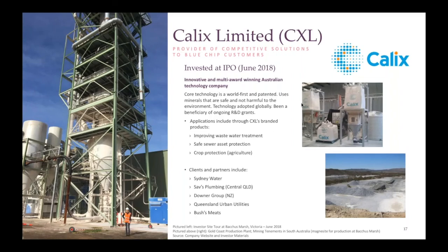She's standing in front of their processing facility down in Victoria. They process this magnesium oxide, and it creates a very porous powder that basically, if you put it in sewage treatment, you put it in algal ponds, it captures all the pollutants. So the application in the European Union so excited about is putting it into cement kilns and capturing the carbon,